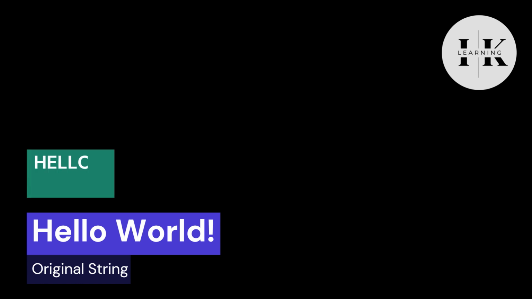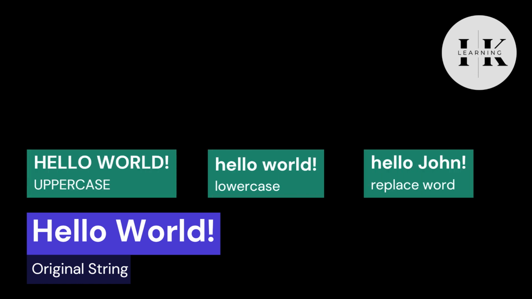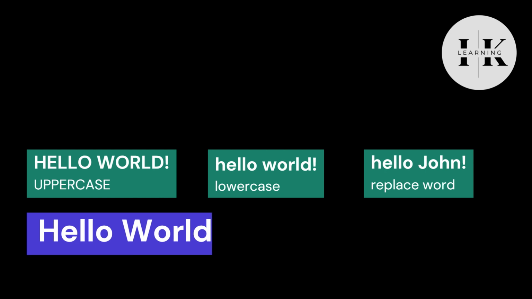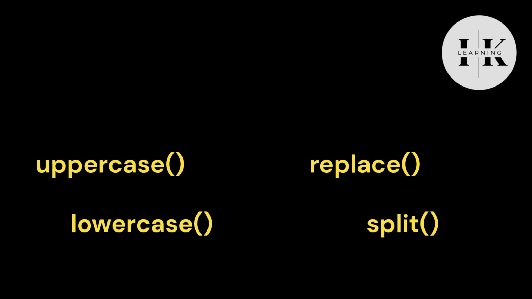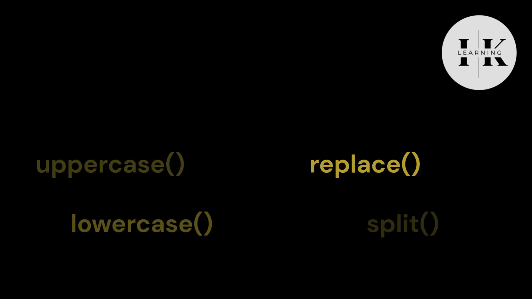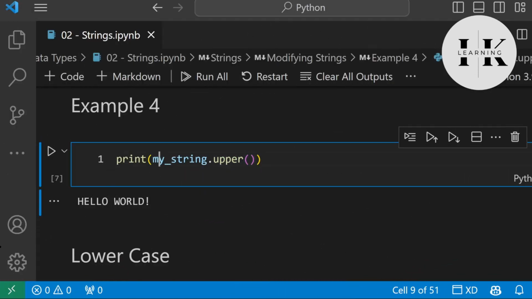Very often, we're going to want to change what we have inside our string. To alter a string, whether we want it to be all uppercase or lowercase, or we want to change a word within our string, whatever it is we want to do, Python probably already has a built-in method for us to just use, rather than reinventing the wheel ourselves. So let's take a look at a couple of examples over here.